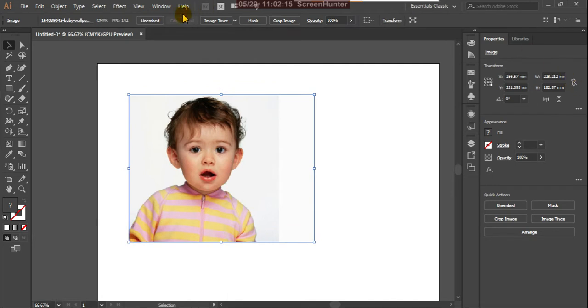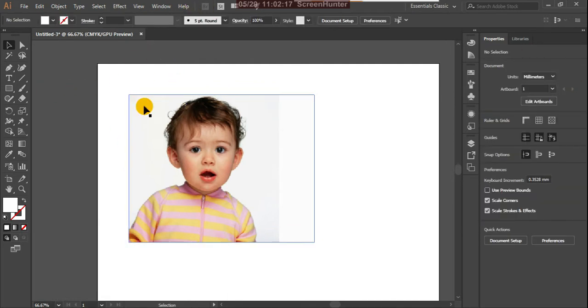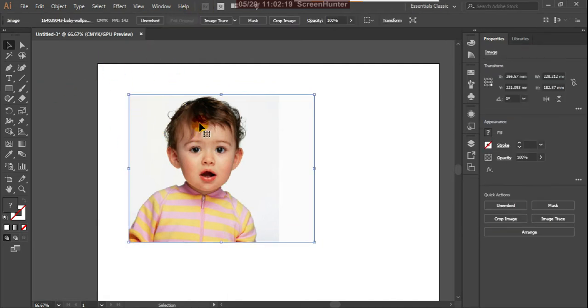Suppose here, after getting that picture, you can select here from this control panel. Here you have the options image trace, mask and crop image. About mask and all I'll explain in another class. So suppose first check the crop image.